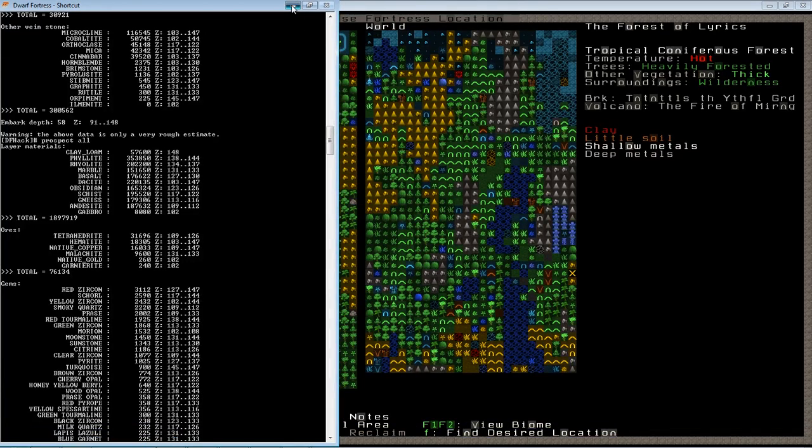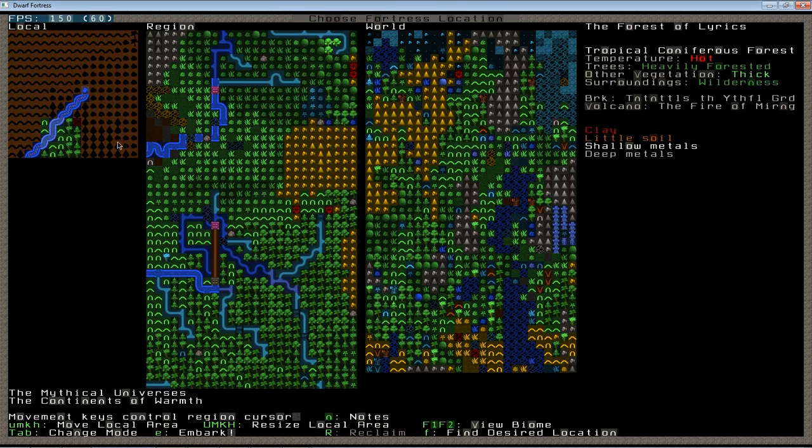The area scan for minerals doesn't do this section over here that doesn't correspond to the section of my embark. So it's within this 5 by 5 boundary at all times. So if I were to move my embark rectangle